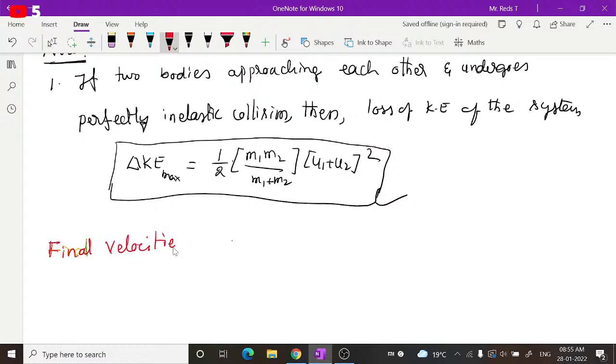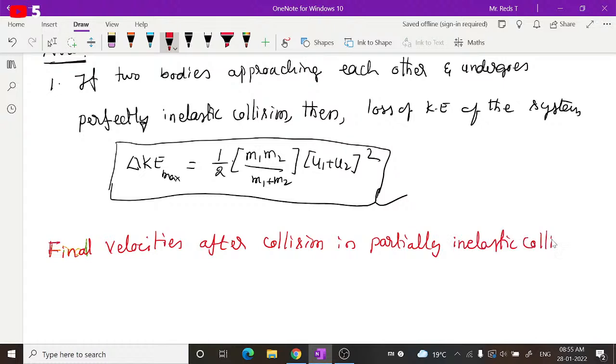Final velocities after collision in partially inelastic collision. Partially inelastic collision usually we just call inelastic. Why are we using the word partially here? Because we have just now discussed perfectly inelastic collision, and to distinguish between these two, we are using this word. Final velocities after collision in partially inelastic collision or simply inelastic collision